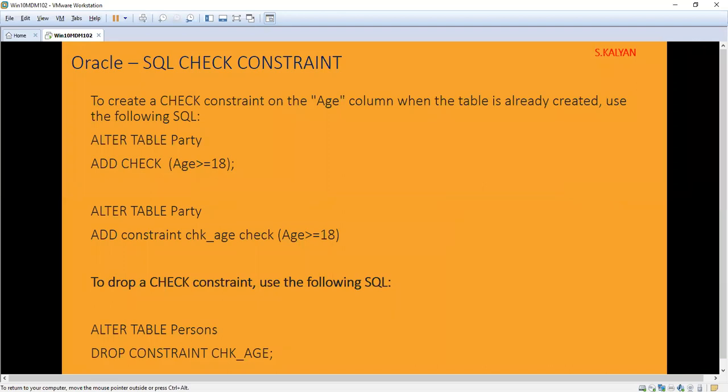Now we are going to see how to drop the constraint. Before that, I will tell you one thing. Even without giving the constraint name, you can create the constraint. That is not a problem, but the system will generate its own constraint name. Now we are going to see how to drop a constraint.